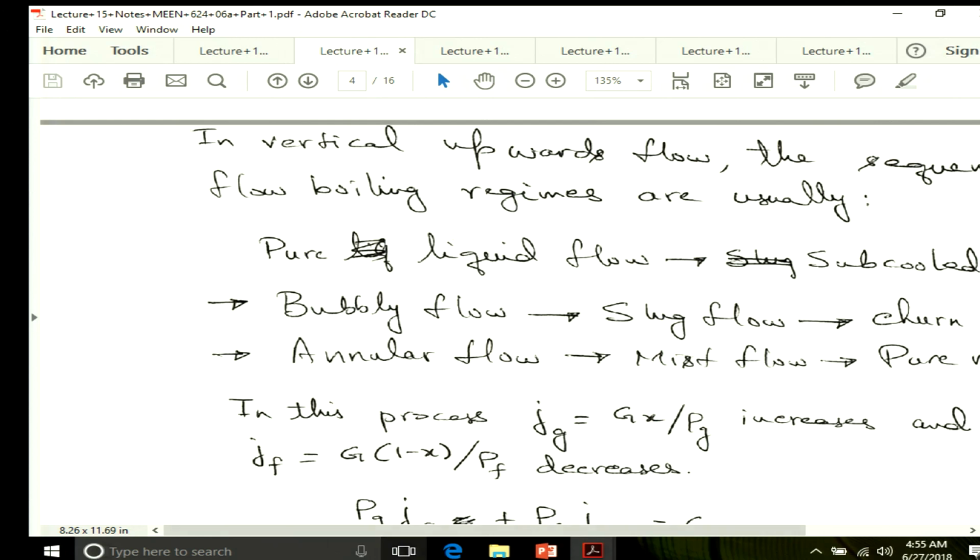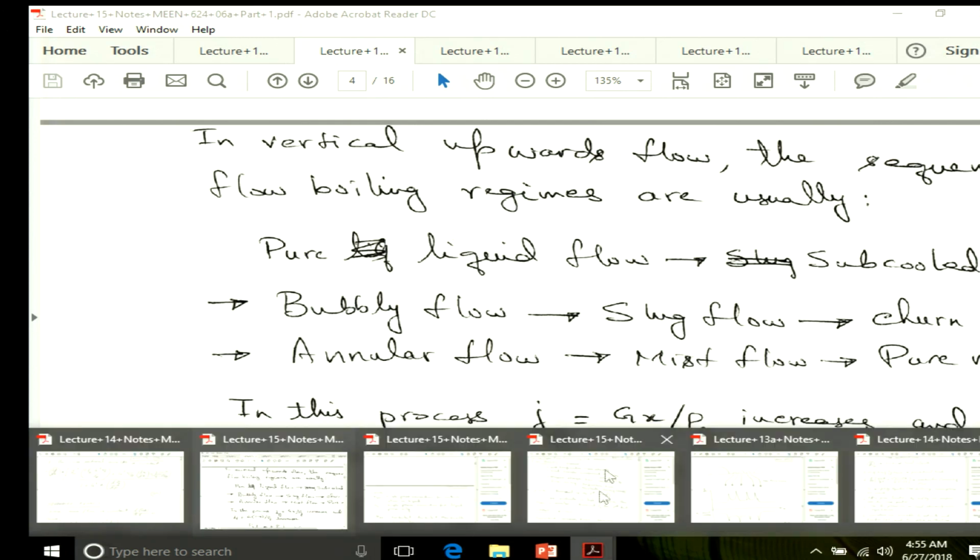So, a couple of correlations to keep in mind. Let us see, let me fish them out. So,